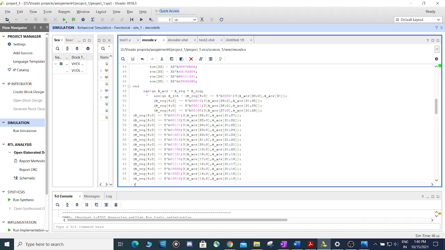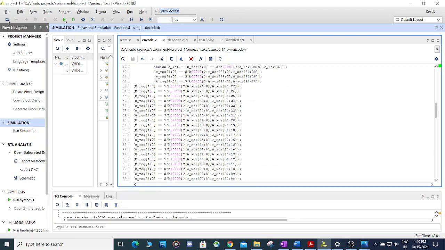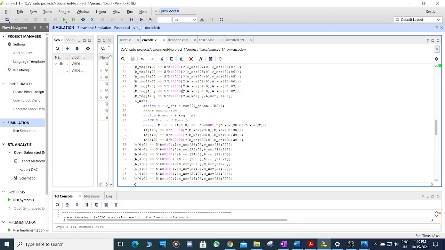Here we have done the operation A XOR A register or B register. So using the B register, we have then rotated A. We have left shifted A to A XOR, we have left shifted A using B. As you can see, for every value we have shifted, and then we have encrypted using the ROM.